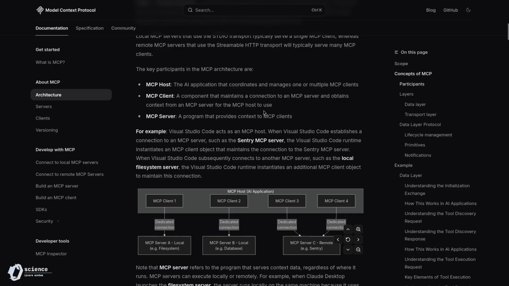The AI agent uses the MCP client, the MCP client uses the MCP server, and gives context, or rather uses context, like we make a prompt, get data, and the data is a context